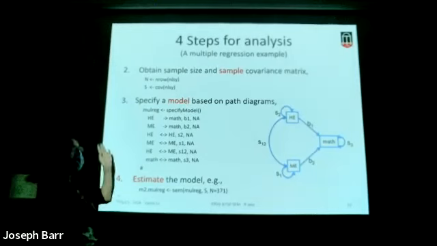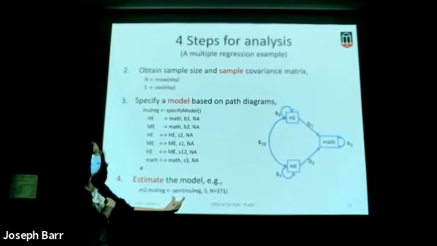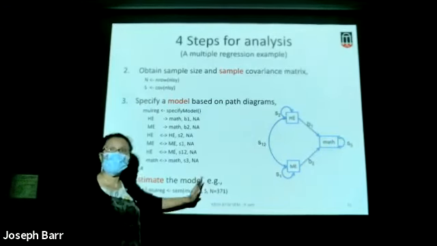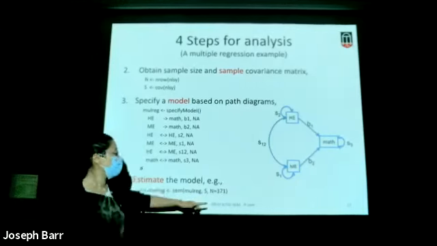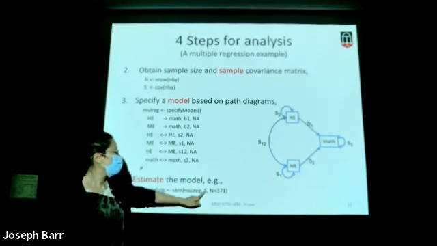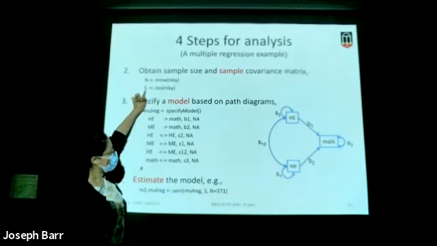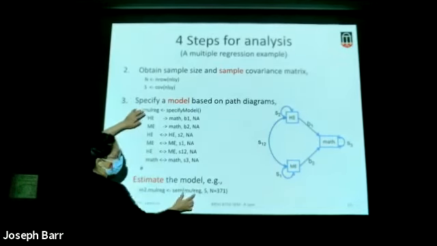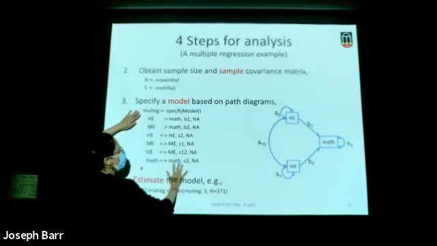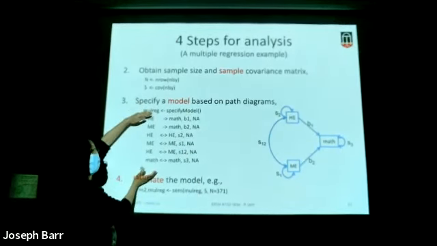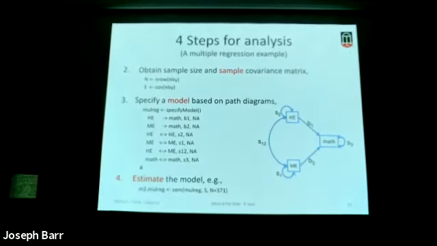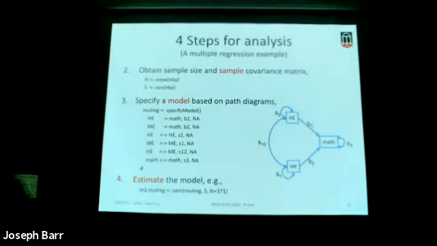The 4th step is just to do the estimation. The function name is SEM, with 3 components: the model, the sample-based covariance matrix S, and the sample size, capital N. Multiple regression is the name of our multiple regression model. So 3 components. That's it. Done. Okay, let's go to RStudio.